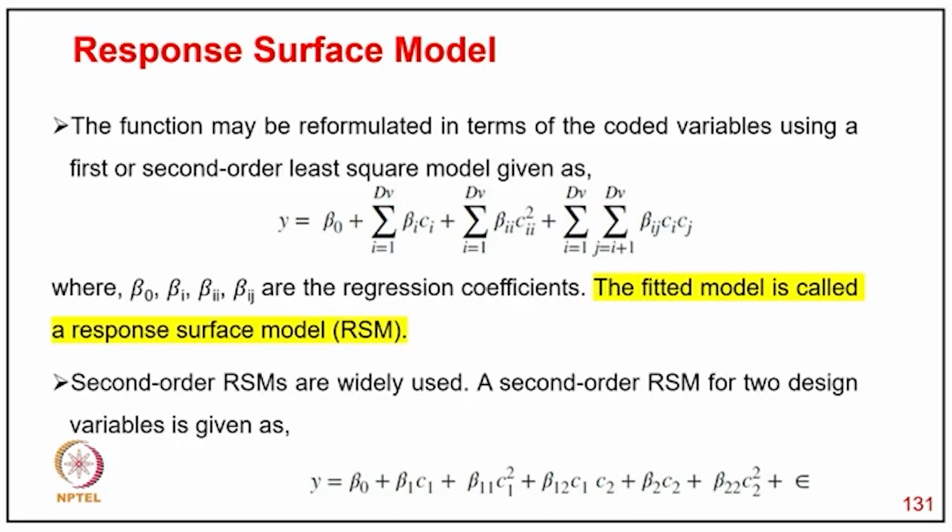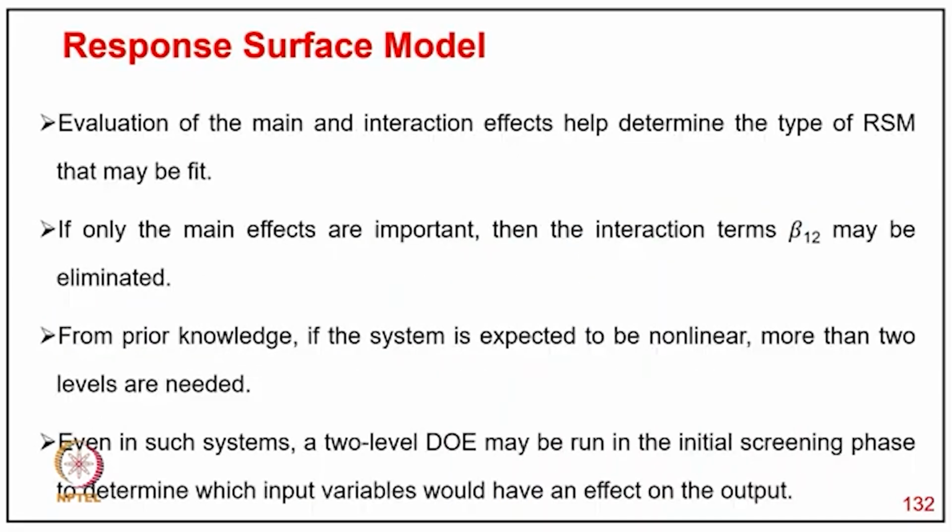A second order RSM for two design variables is given here: y = b0 + b1 c1 + b11 c1 square + b12 c1 c2 + b2 c2 + b22 c2 square + theta. Typically the evaluation of the main and interaction effects helps determine the type of RSM that may be fit. If only the main effects are important, then the interaction term b12 may be eliminated,